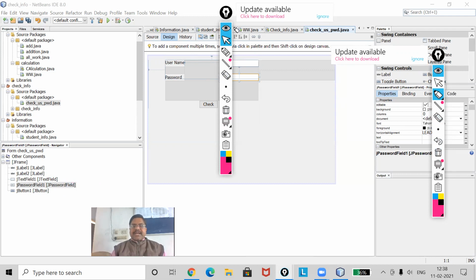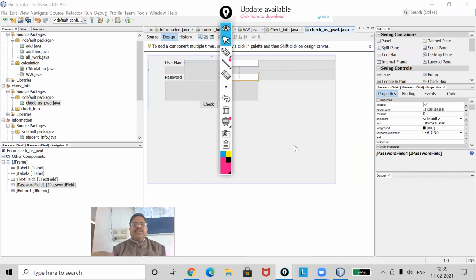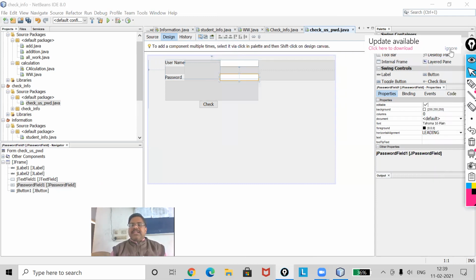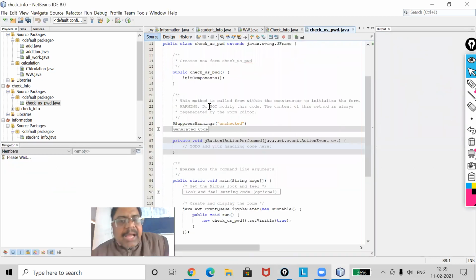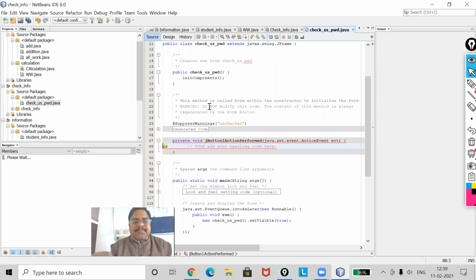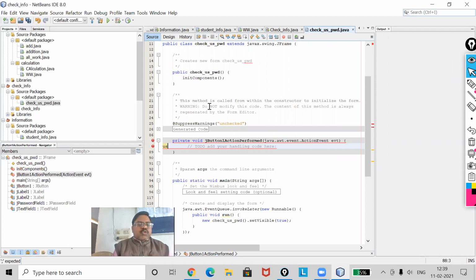Now students, it's time to write the code for this form. The coding will be done in which control? Button control. I entered here. First of all, I'm going to use US, which stands for username, so I have to declare the data type.